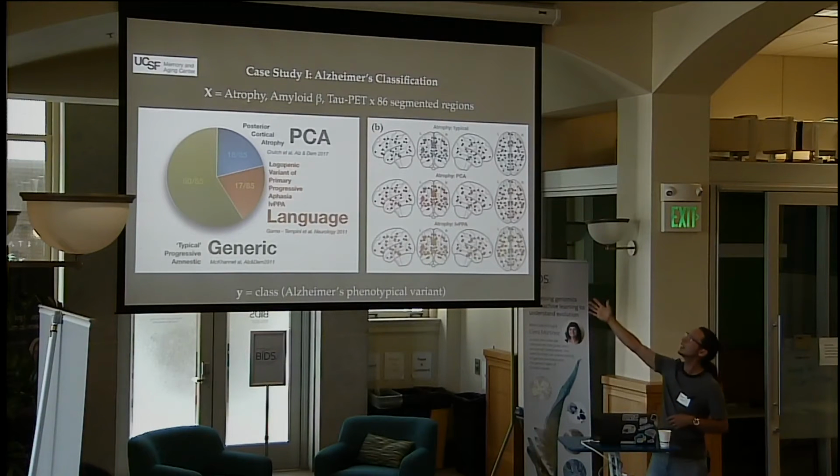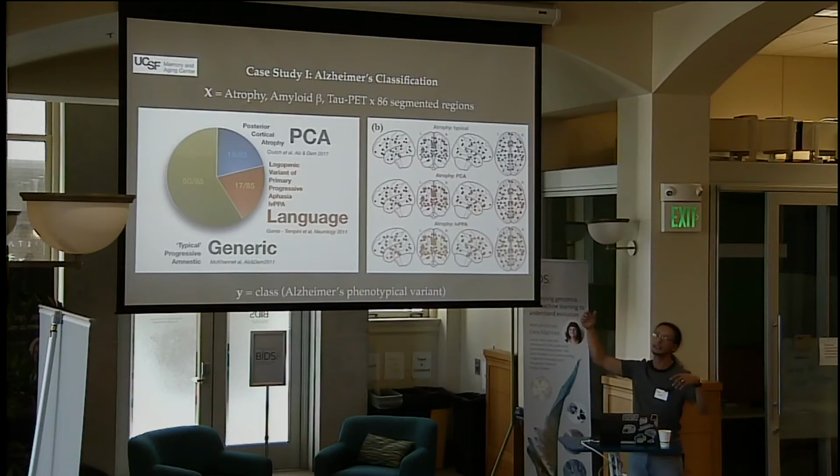If you just plot the data and you look at it, it's really hard to see the difference between those patients just looking at, for instance, where the atrophy is. It's very subtle. But the whole idea here is whether a machine learning can detect those differences. And the question that they are interested in is, can a machine learning look at data, for instance, the atrophy pattern in those brains, or the accumulation of amyloid beta, or the accumulation of tau in different regions of the brain?